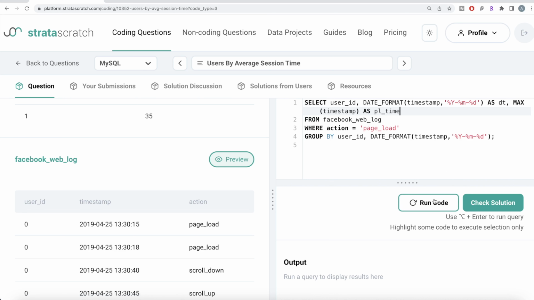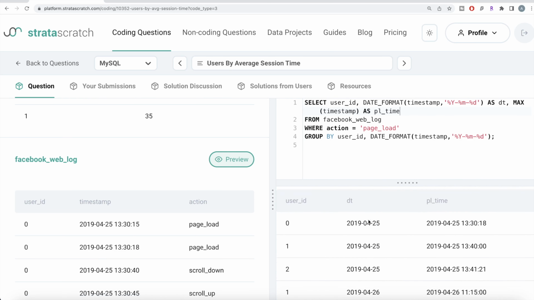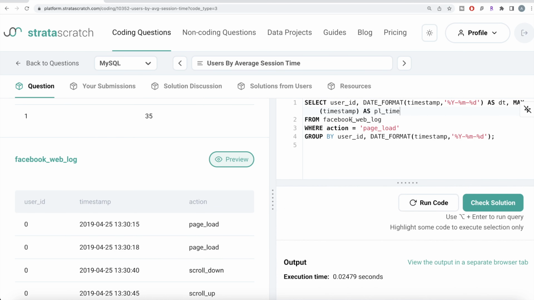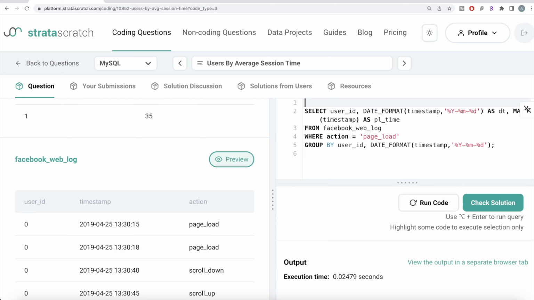Let me run this. Let's see what we have. So for different user IDs, dates, the page load time. So you have this. Then what we can do is, we can save this entire thing in a common table expression. So with, let's say, PL as, so the name of the common table expression is PL, and then have the same thing